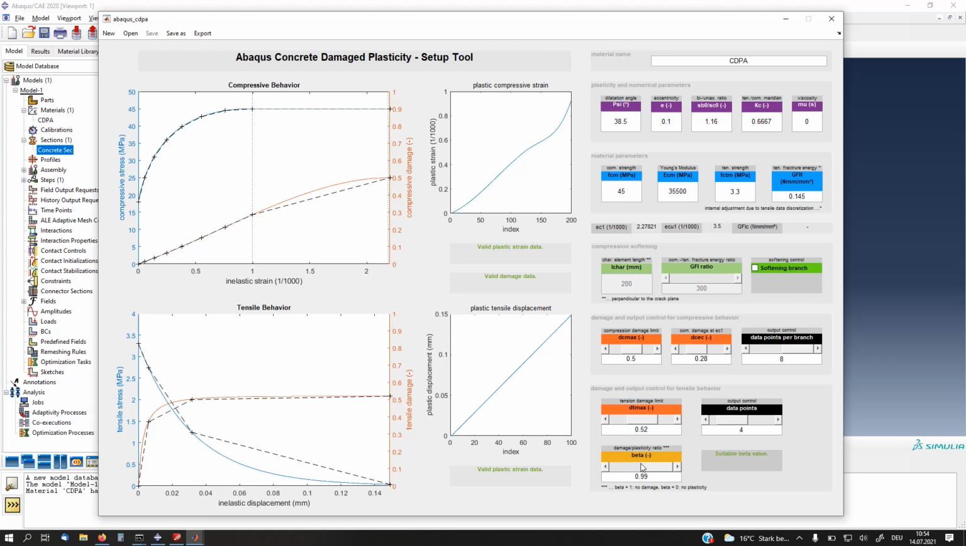The beta value here is kind of a weighting factor for damage or plasticity. If this is 1, you have no damage at all, so you always have the initial stiffness when you unload. And when you have 0, you have no plasticity, so if you unload, you always go through the 0 point here. And we want to have something in between, and also we want to have a very high beta value, because in my experience,